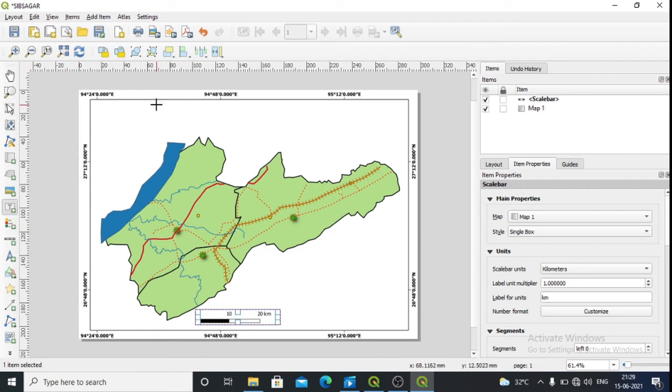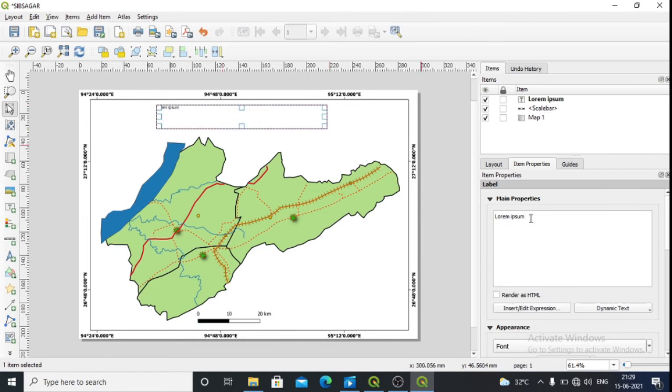Here I'll be adding the label, that is map digitization, Sibsagar district.